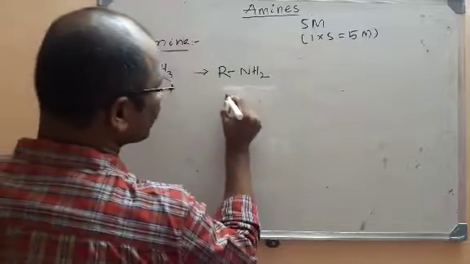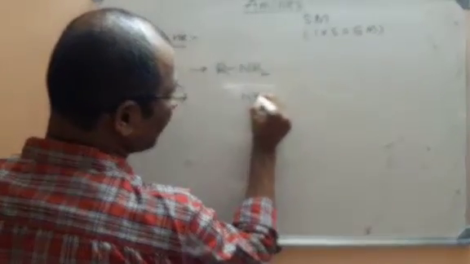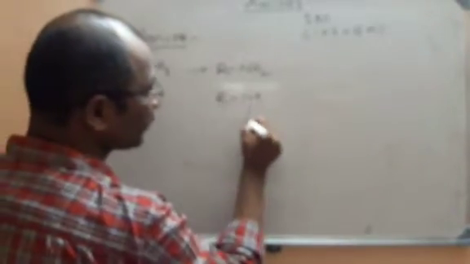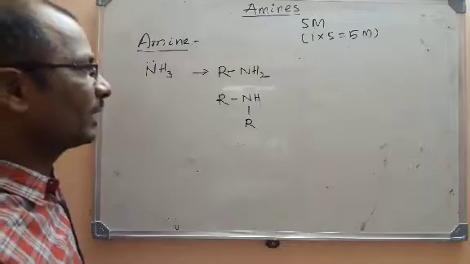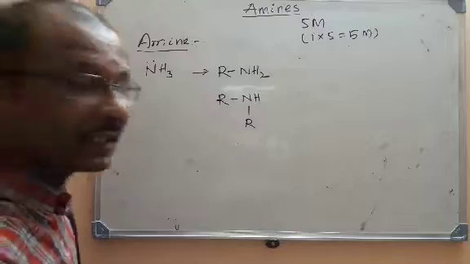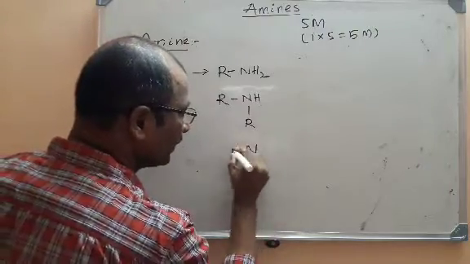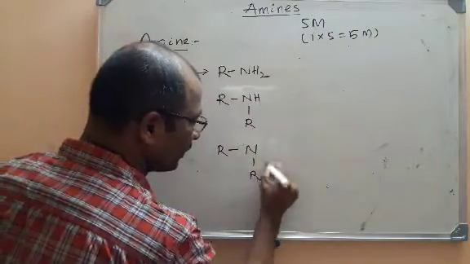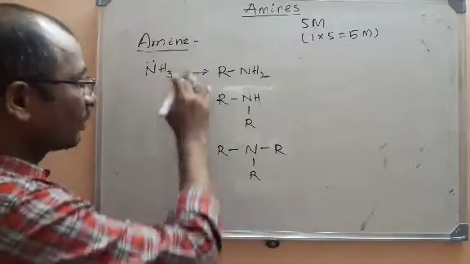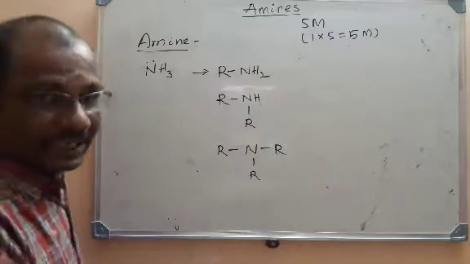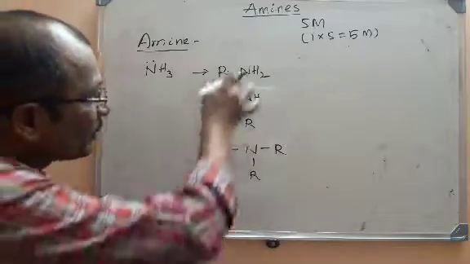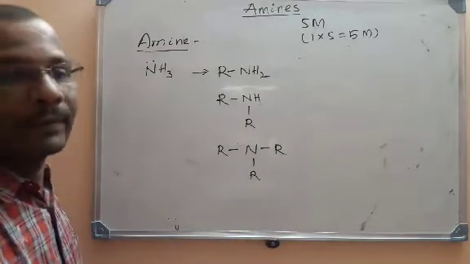For example, if I remove two hydrogens from it, what I will be having is NH. If I replace the same with two alkyl groups or aryl groups, I will be getting RNHR. This is also an amine. All these are amines. Even I can replace all the three hydrogens with three alkyl or aryl groups. If you look here no hydrogen is left on nitrogen. All the hydrogens have been replaced with the alkyl or aryl groups. This R may be either alkyl group or even it may be aryl group. Now the products obtained are called as amines.